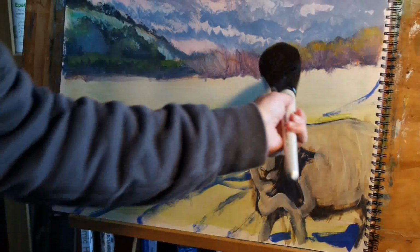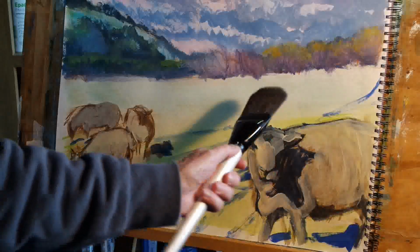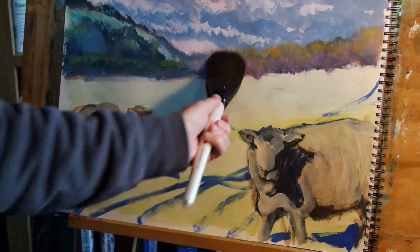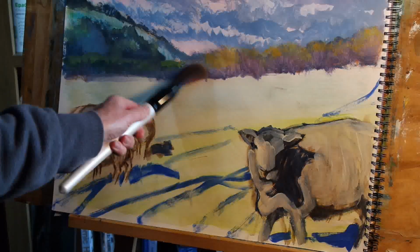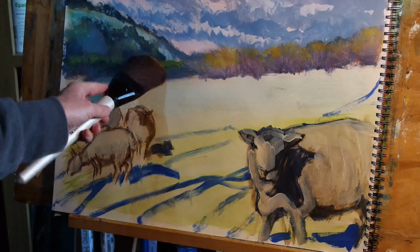So again, I'm getting a contrast in brush strokes because I had the energetic back and forth, up and down, left and right, purple brush strokes underneath. And now I'm just tapping. So that's putting down a lot of little tiny marks, but in different directions. And even now, as the paint's starting to run out, I've switched to kind of a scumble. So you can have a great deal of fun just experimenting and